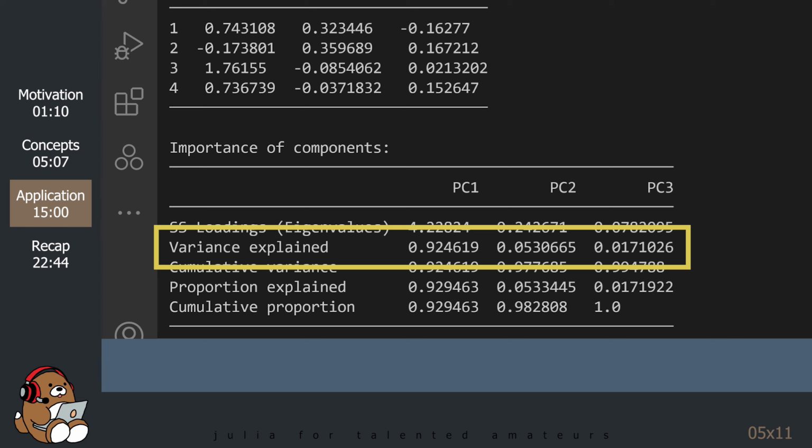This row shows that PC1 alone retained roughly 92% of the information from the original dataset. PC2 retained an additional 5%, and PC3 retained an additional 2%. So in total, PC1, PC2, and PC3 retained roughly 99.5% of the information from the original dataset, which is pretty amazing.